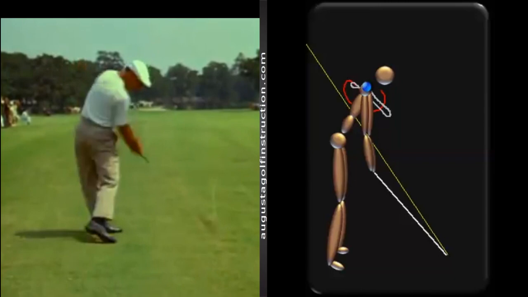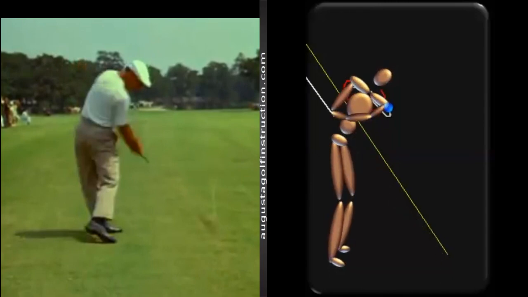So here's the cool thing I want to show you. This is not something we developed. This is work done by Gregg McHatton out in California. Absolutely brilliant teacher. If you're out there, I would suggest you definitely go see him. They developed this 3D model of Mr. Hogan's swing from 1964 film footage, and it's really just amazing stuff. So let's use this model